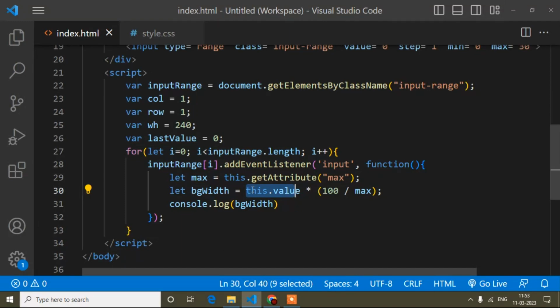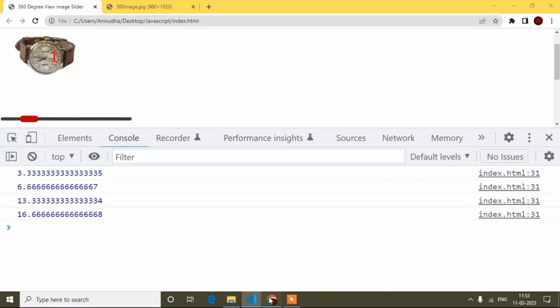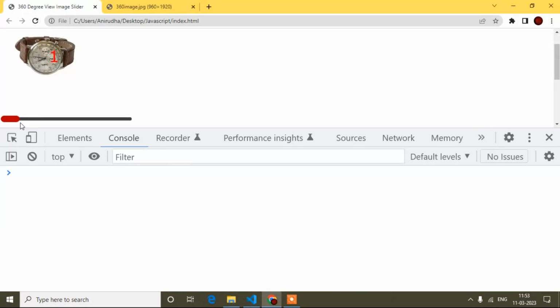If I simply write this.value, I already showed what I get, but I'm showing it again to explain this condition. First 1, 2, it increases like this. On the first move it increases by 1, so this 1% I should fill with red color.